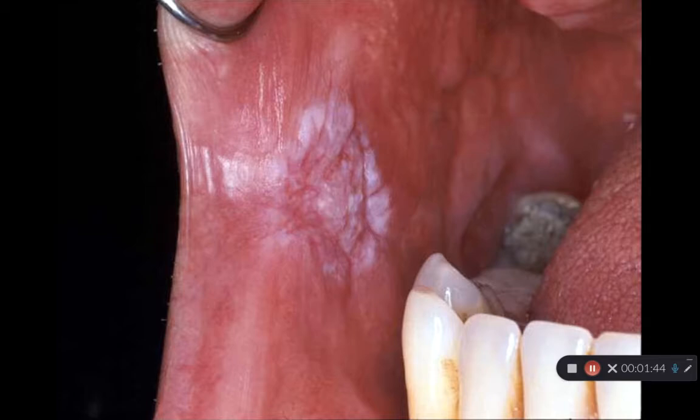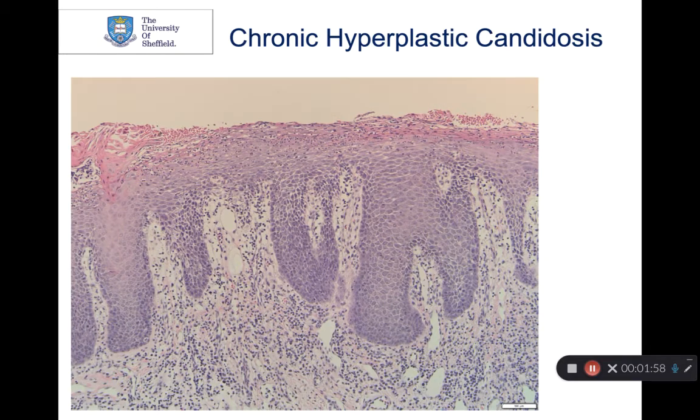So here again is the classic presentation at the commissure. The first part of the buccal mucosa in from the commissure of the lip is a relatively well defined but a little irregular mixed white and red patch. These all need biopsied, and the biopsy pathology again is presented in some of the other sections of the course,